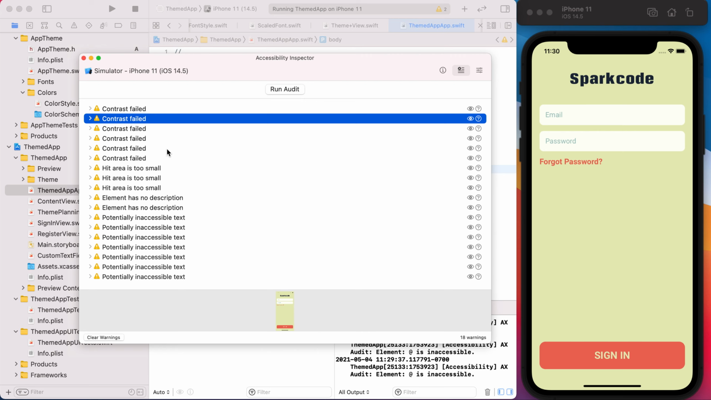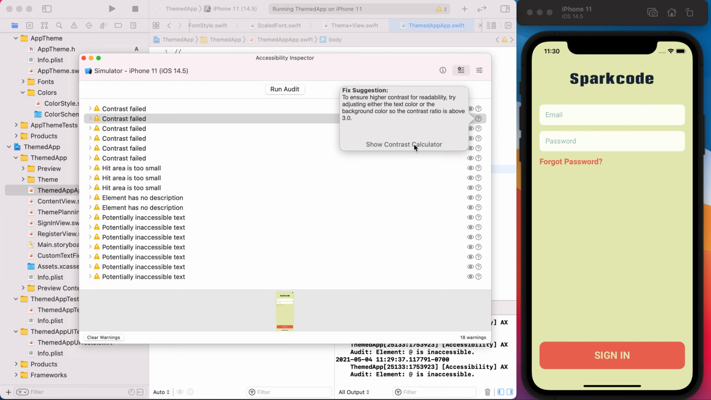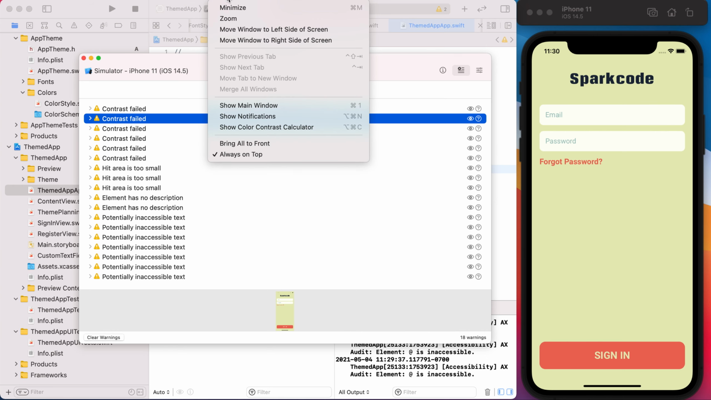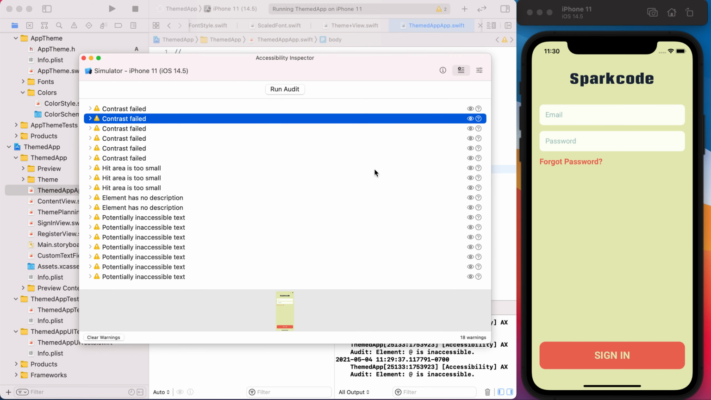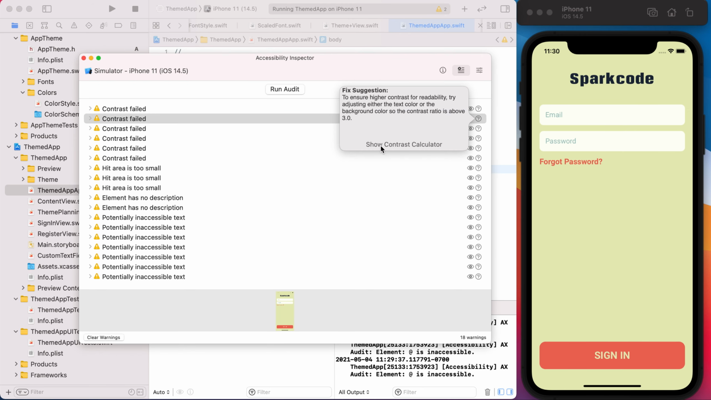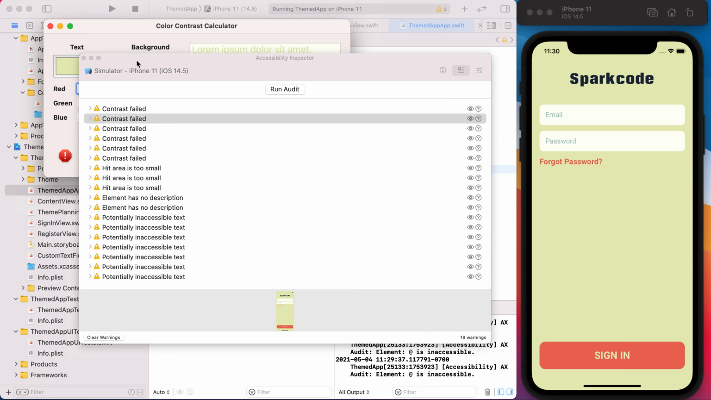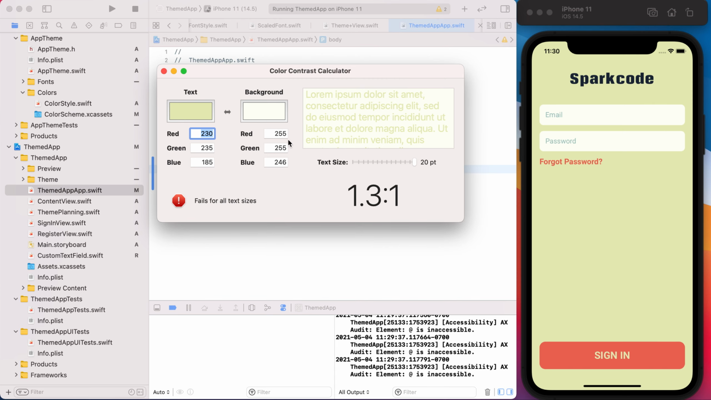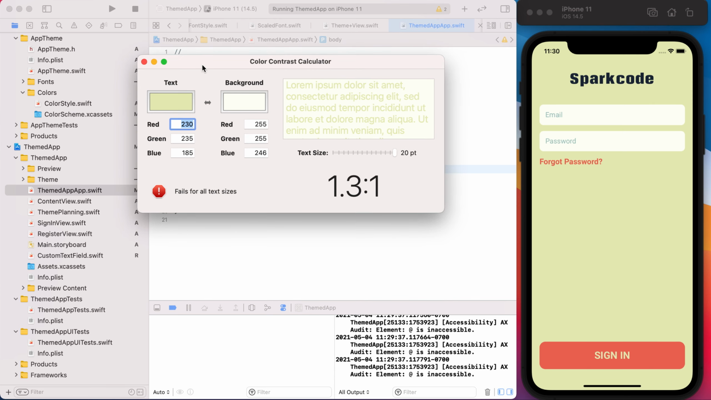If you have an issue with contrast, you could hit the question mark and then this button, show contrast calculator. And if you just want to play around with the calculator without running an audit, you could go to window when you're in the accessibility inspector, and then show color contrast calculator. But for now I'm just going to go here because it'll pre-fill the colors. It looks like the colors are actually wrong that it gave us, but regardless, what we could do is